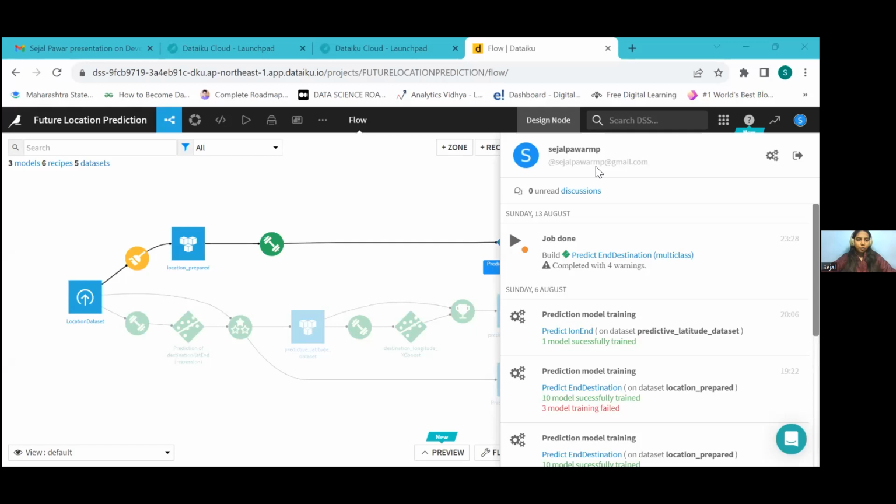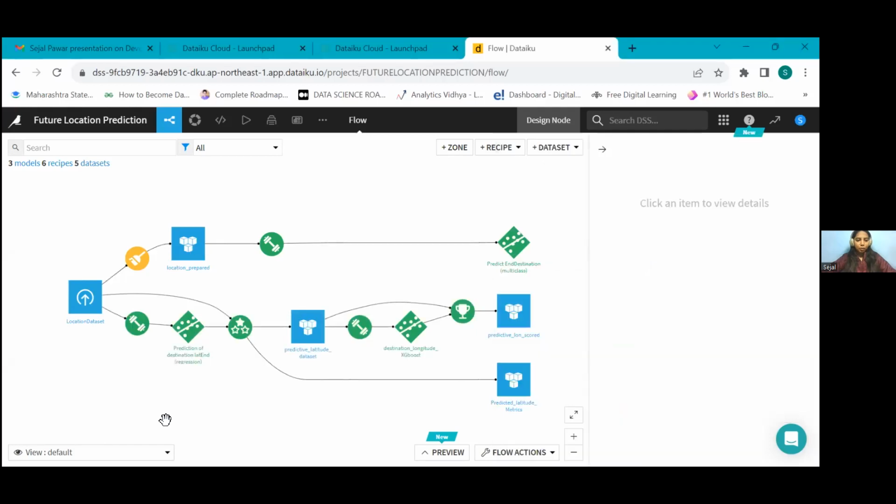This is my future prediction data IQ model, where the default data set is location data. The icons represent preparation, training, and the star mark represents evaluation. On the basis of the latitude prediction, I predicted the longitude.